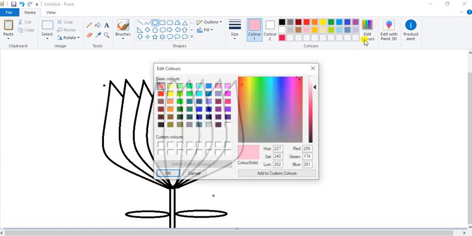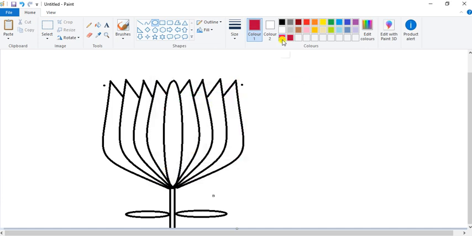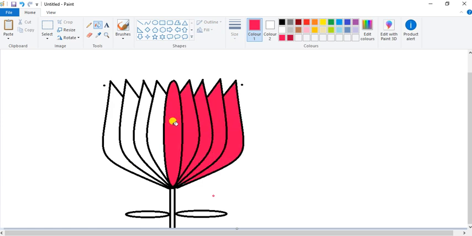Then go to edit colors and I want dark pink, so I will take this arrow a little down for a dark shade of pink. Select it. Okay, this pink color is okay. Click on OK, or any pink color you want. Then go to the fill with color tool and fill your pink color.